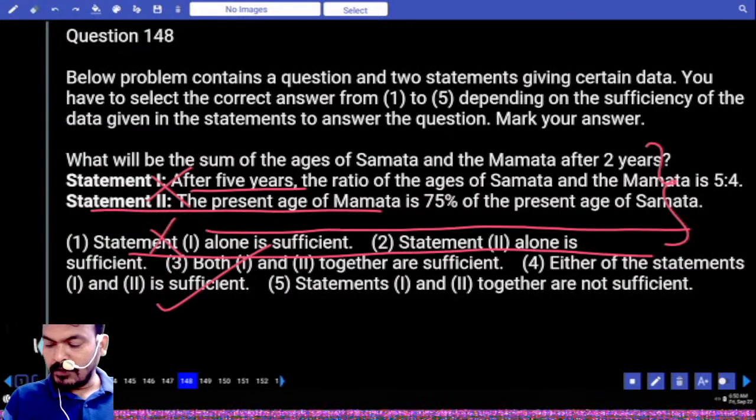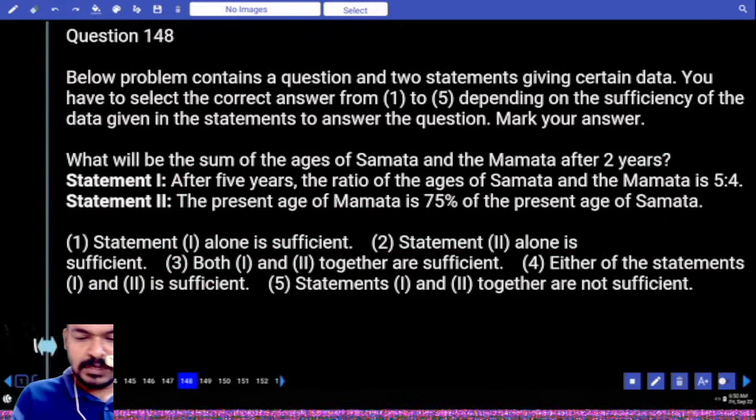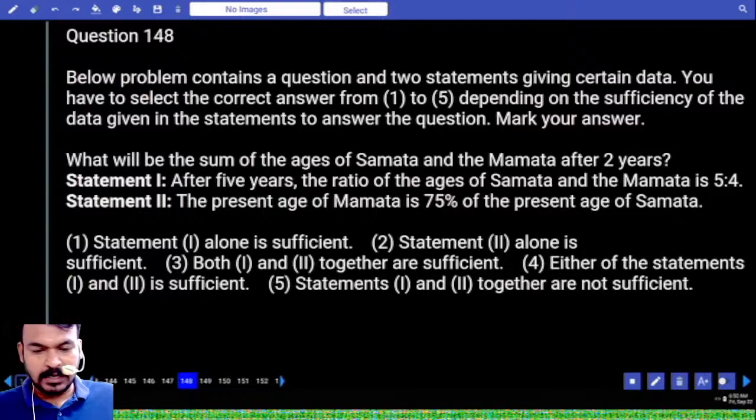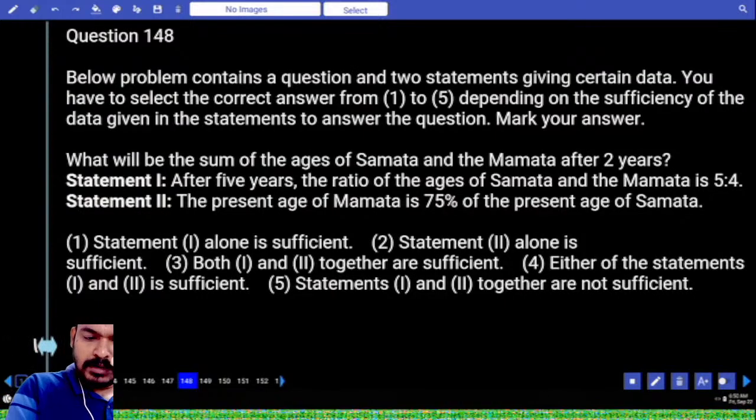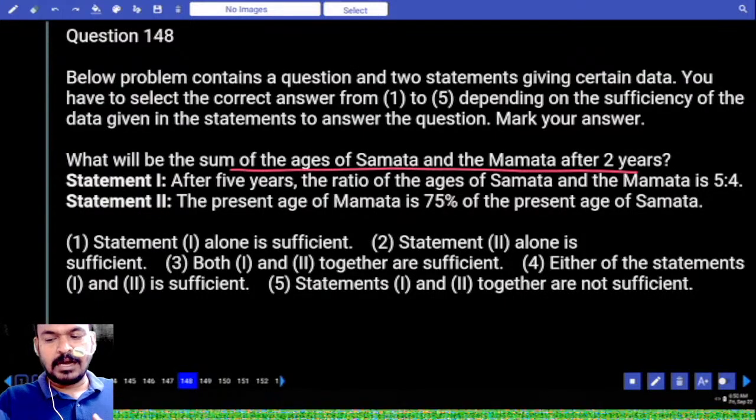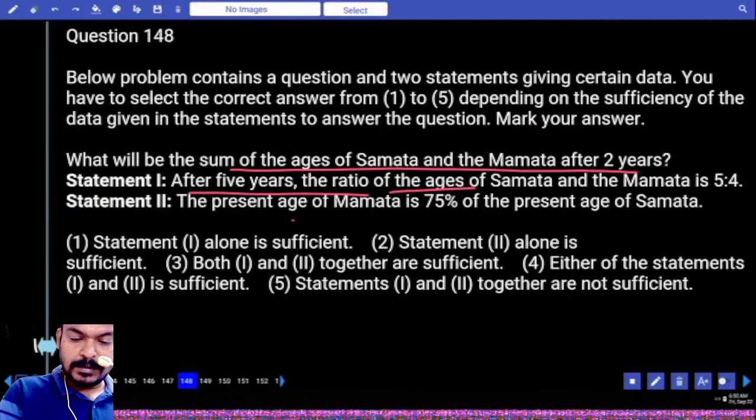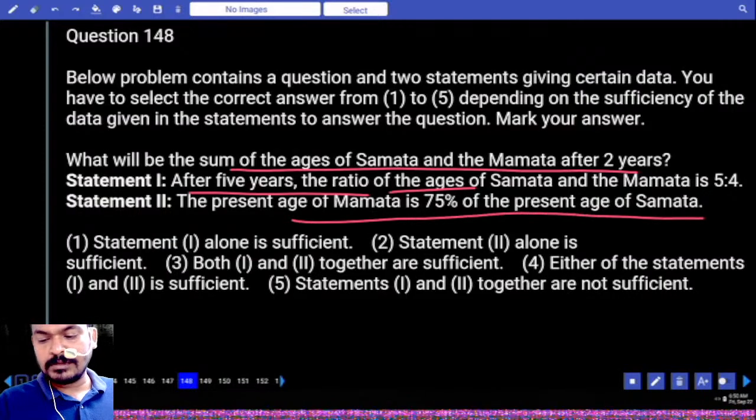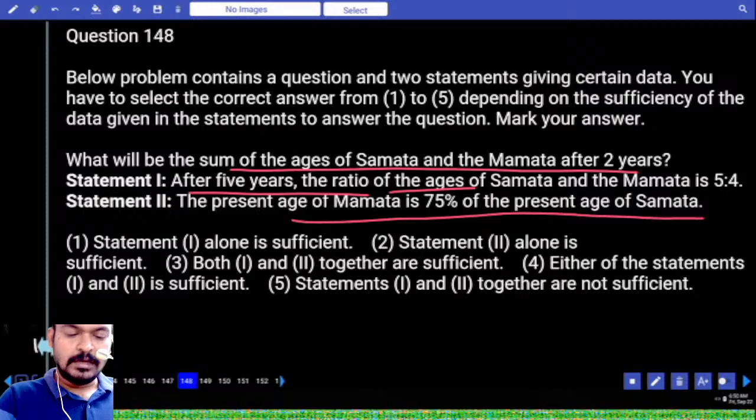Next question number 148. What will be the sum of the ages of Samatha and Mamata after 2 years? We required the sum of the ages of Samatha and Mamata after 2 years. What is the first statement? After 5 years ratio. Second statement, the present age of Mamata is 75% of the present age of Samatha. Means in the second statement the present ratio is given. In the first statement the ratio after 5 years is given. Individually not possible. By using both the statements,